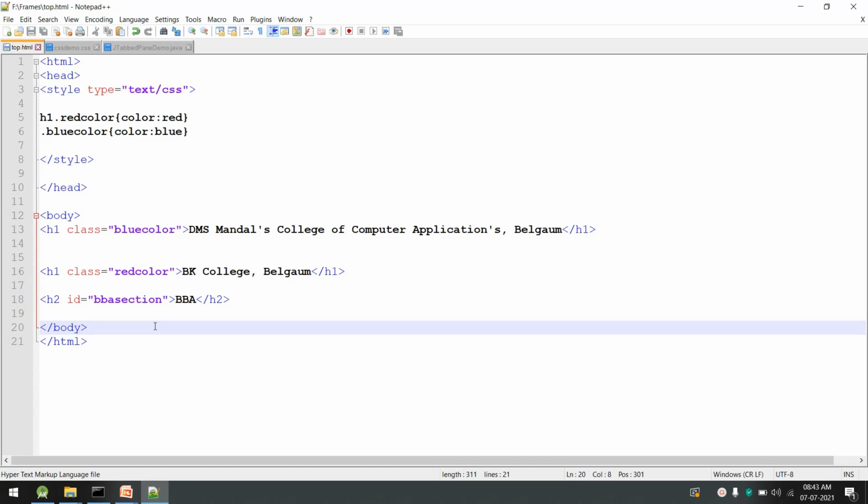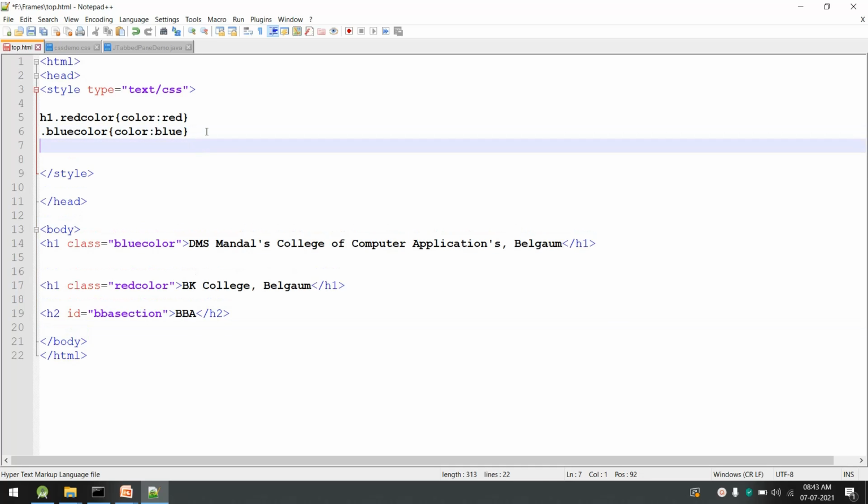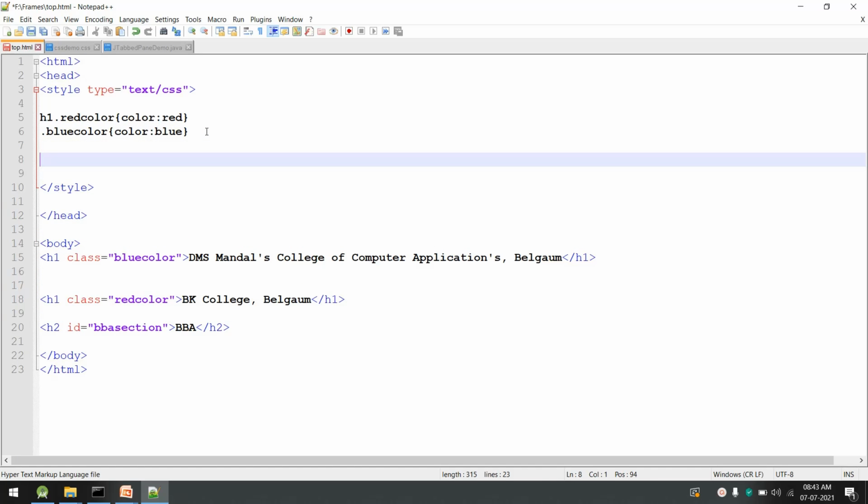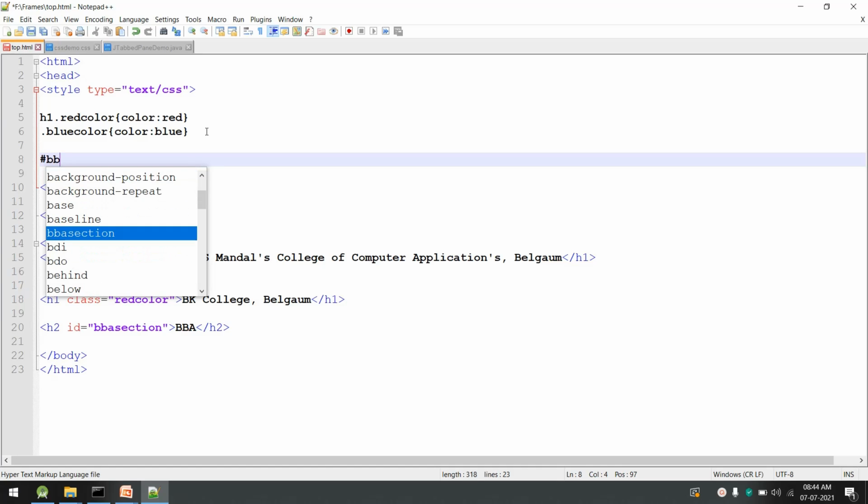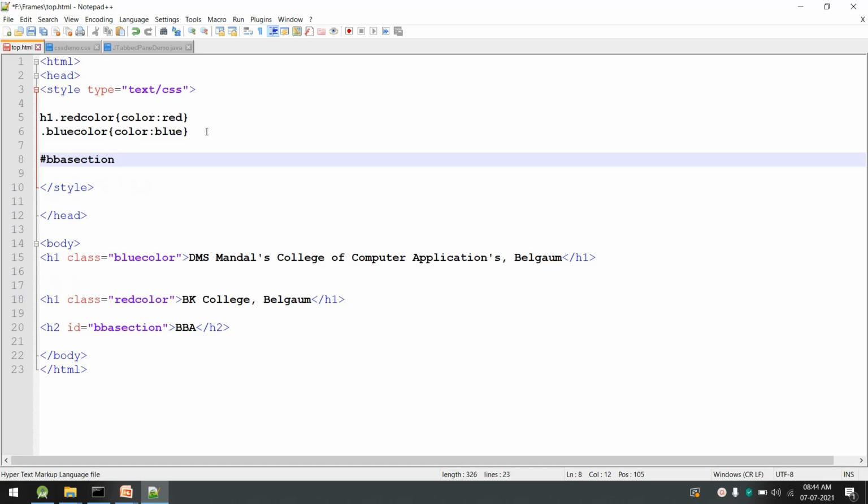So we have created an ID BBA section, and to this ID I want to apply something. To apply some presentation details to that particular element, we can use the ID selector. It starts with a hash, then the ID name, here it is BBA section, and in curly brackets we have properties and values.